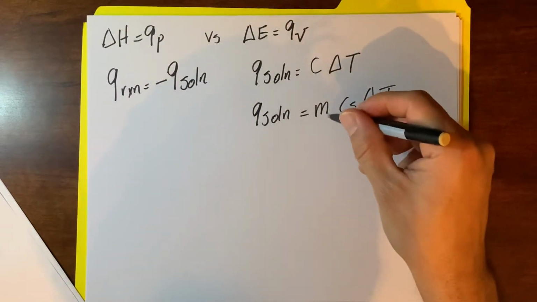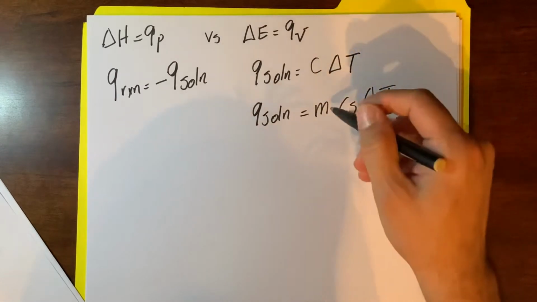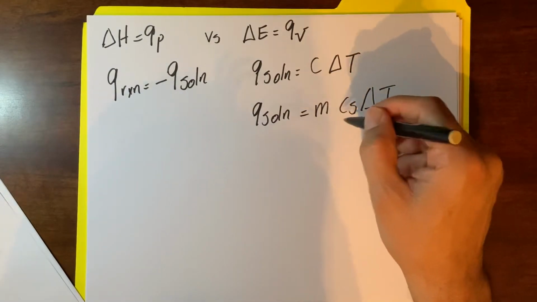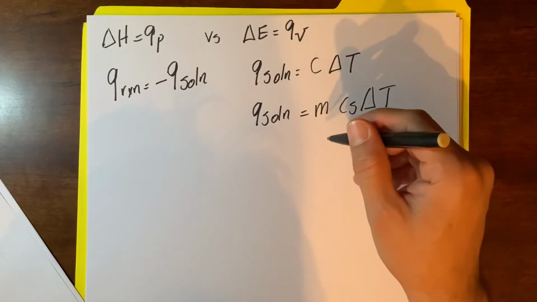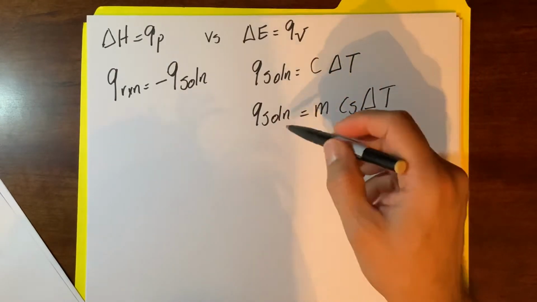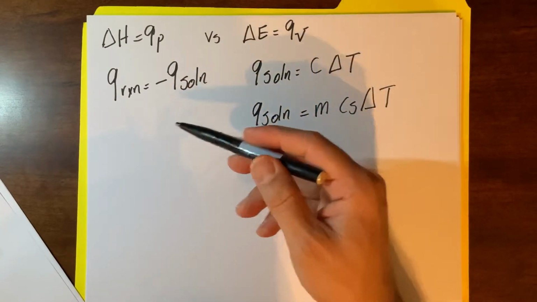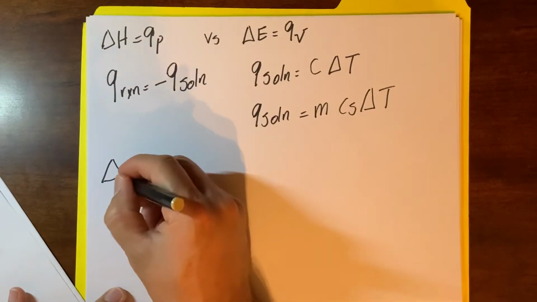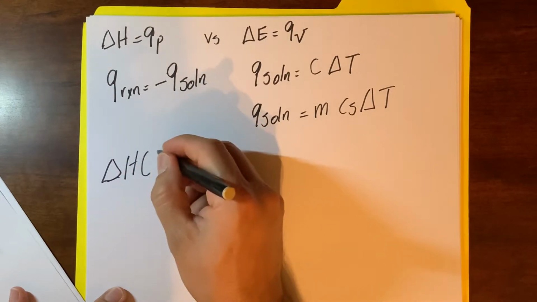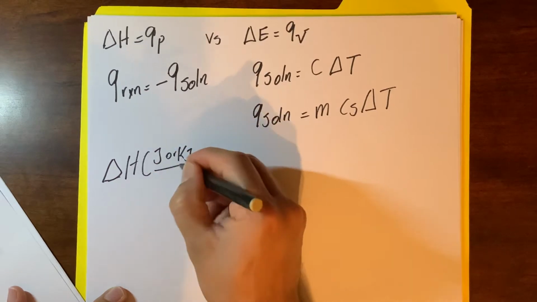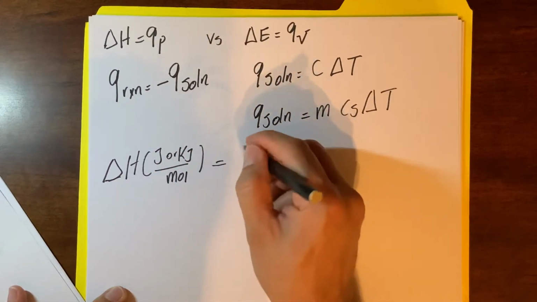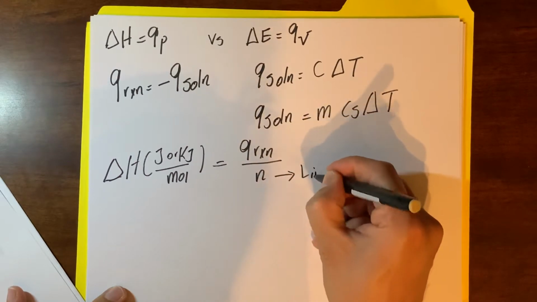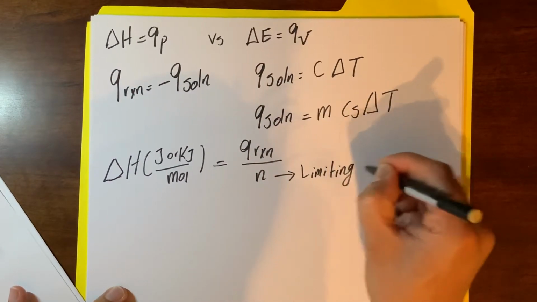This time we do have an idea about the mass of the solution. So if you do know the mass of the solution, then you go with the second formula. But in that case you need to have a specific heat capacity. So I do have the Q of the solution, so now I can calculate Q of the reaction. And if you have the Q of the reaction, you can easily find delta H for one reaction per mole. So if you want to say delta H of any reaction either in joule or kilojoule per mole, you will use this formula. You go with Q of the reaction divided by number of moles of the limiting reagent,